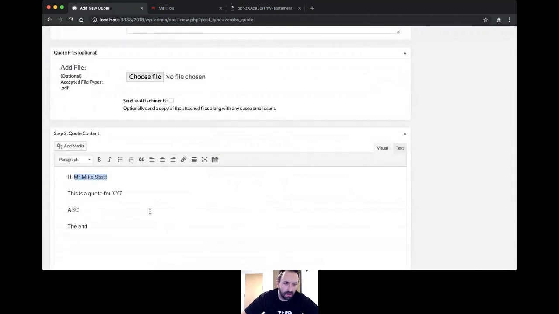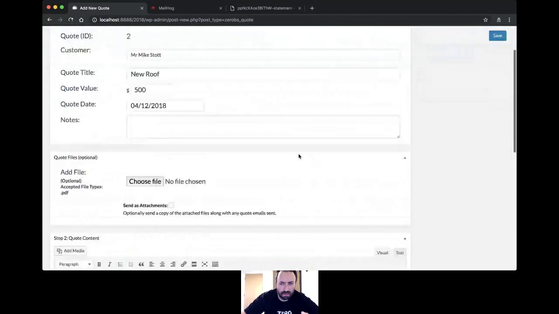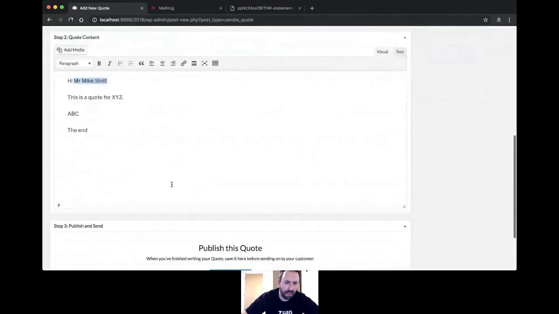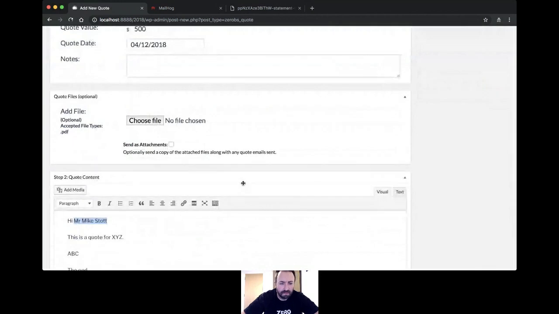So if you've got more information that you wanted to put in there, in a more detailed quote with more placeholders, then this is a great way of doing it. It will save you a lot of time if you're sending the same type of quote to multiple contacts. So if you have a website where, for example, you're doing restaurant reviews and you're getting paid for doing that via the restaurants, and you're issuing that to a number of different restaurants, then you might say, okay, this is my standard quote for coming to review your restaurant. You'll get a piece on my website. It's $500 or whatever. This includes a reach of this many people, and I'll book you in for this date,